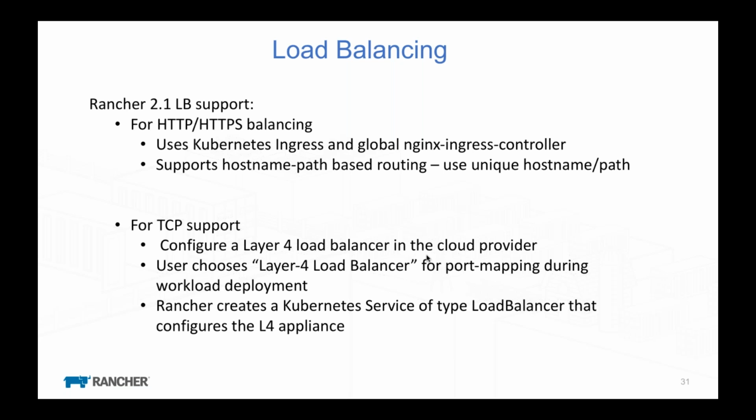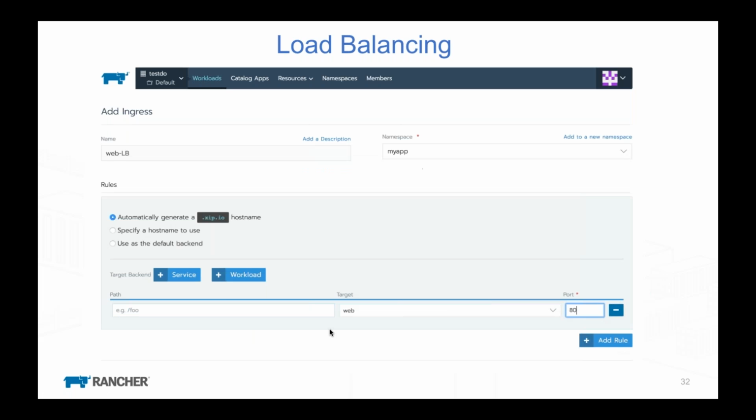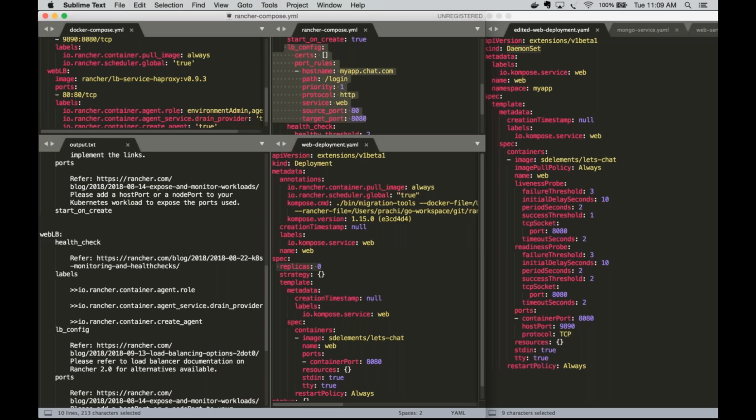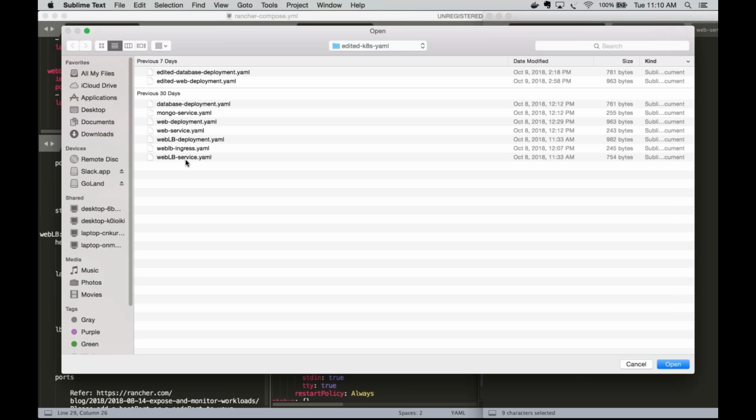So you have to choose a layer 4 load balancer option while you are mapping your ports. What this will do is Rancher will create a layer 4 load balancer Kubernetes service object, and this in turn will configure the load balancer appliance running on your cluster. So this depends on having a load balancer appliance in your Kubernetes cluster. In order to migrate my load balancer config rules, what I have done is created an ingress spec, because I'm using an HTTP hostname path-based routing rule. The ingress spec that I have created